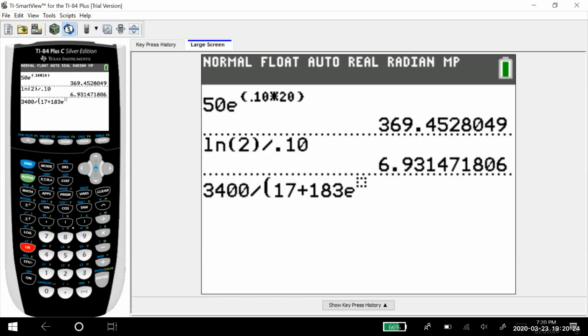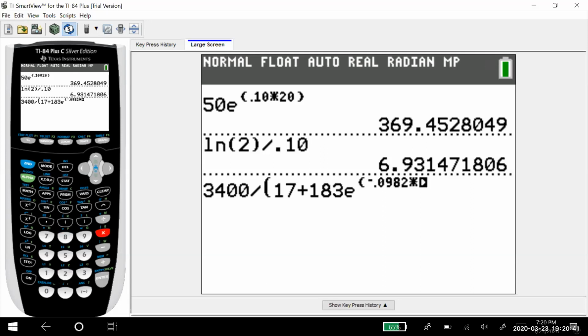And I'll put a parentheses here too again. I don't need to on mine because it shows it as an exponent, but yours may not. Negative, remember that's the negative button, 0.0982